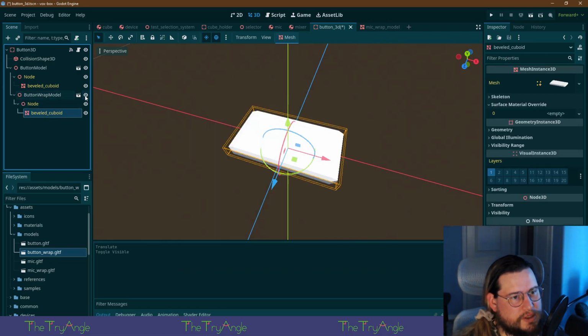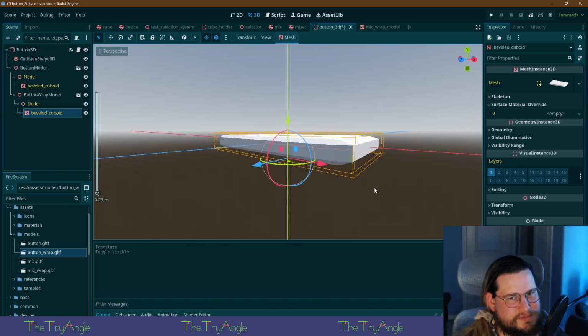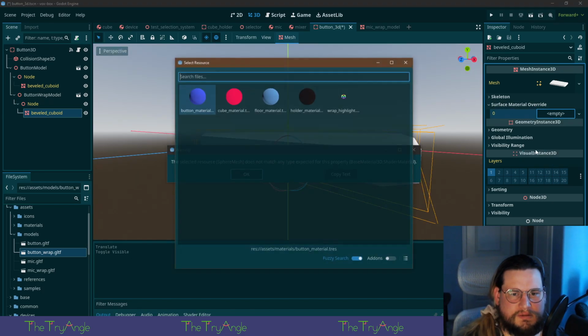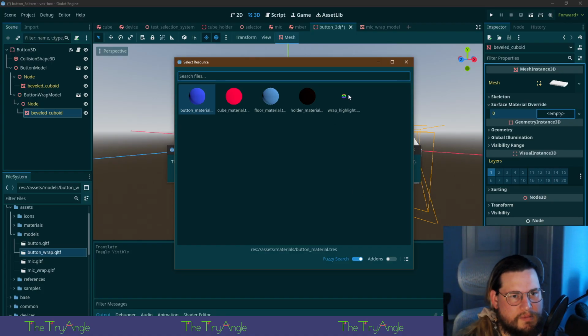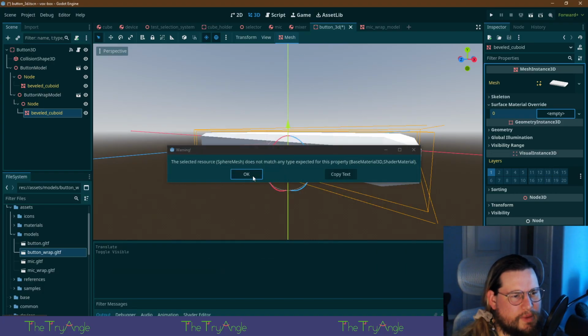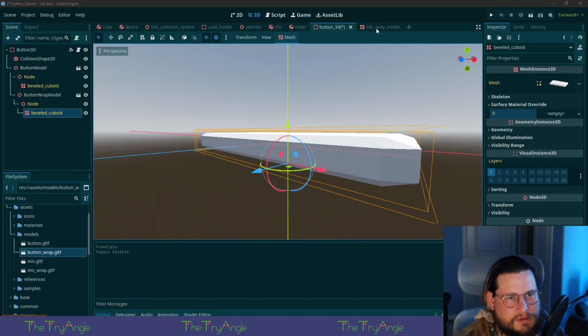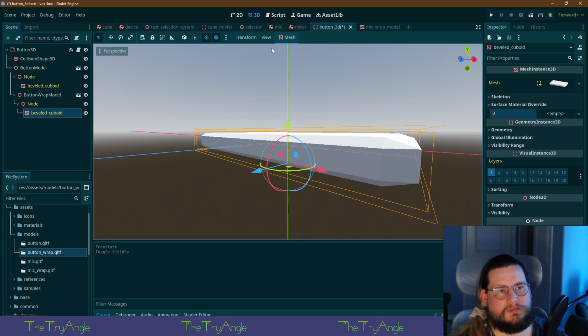What are you doing? Oh, right. Hey, what the hell, man? Yeah, I think it crashed. Wait, what? Sphere mesh is on. All right.